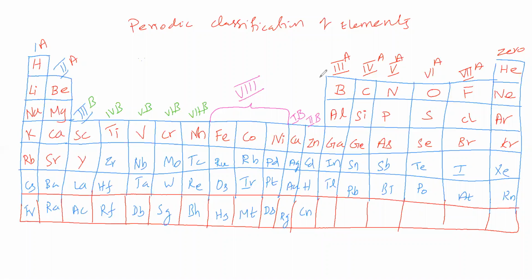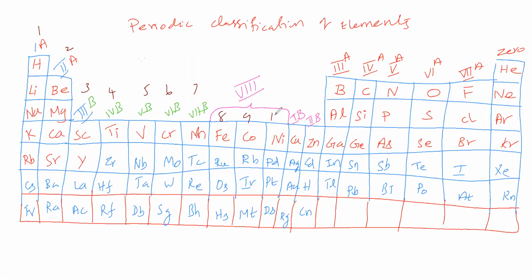Next, it is as per which system? In the sense, the European system. As per the IUPAC system, how to give? IUPAC gives 1, 2, 3 like this continuously. Here number 1, it is number 2, it is 3rd group, 4th group, 5th group, 6th, 7th, it is 8th